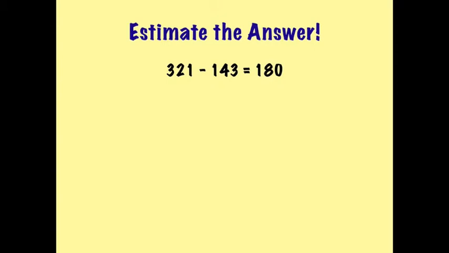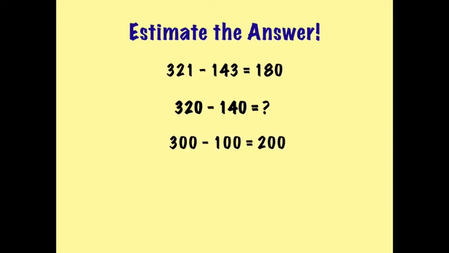When subtracting, it is important to round both numbers up or both numbers down. For our algorithm, we have rounded both of our numbers down. This has given us a new equation of 320 minus 140. We know that the equation is still going to be difficult to answer, so we're going to make the equation even more simple by rounding down to the nearest hundred, making our equation 300 minus 100, giving us a difference